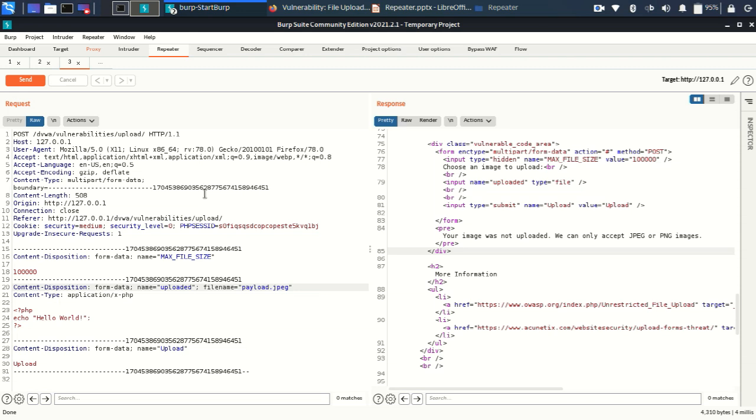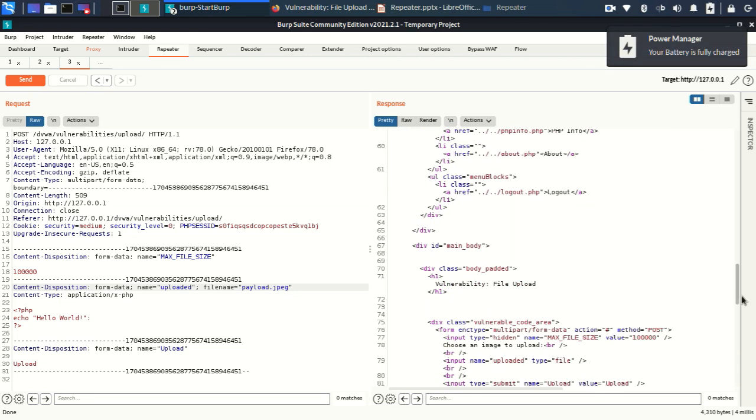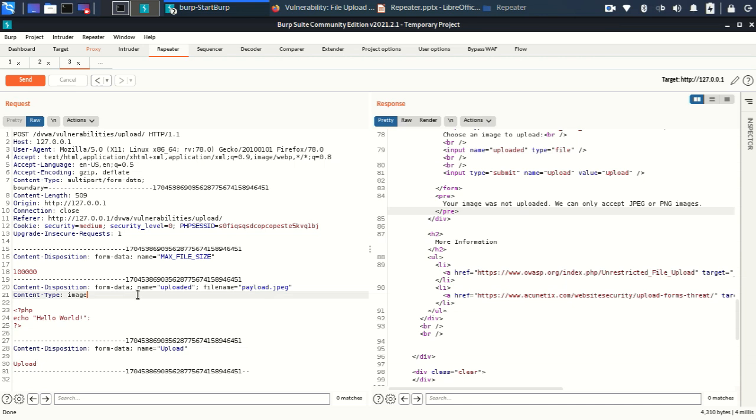Still not uploaded. Okay. Achha, one more thing. For an image, the content type should be image/JPEG. Let me do one thing. Let me upload it as PHP only. Let it be PHP as it is, and just let me change the content type, because they asked to upload only JPG or PNG images. Okay, now let's see whether it is uploading or not.